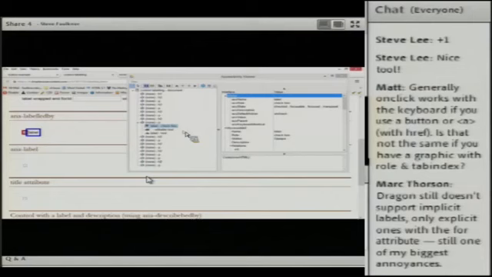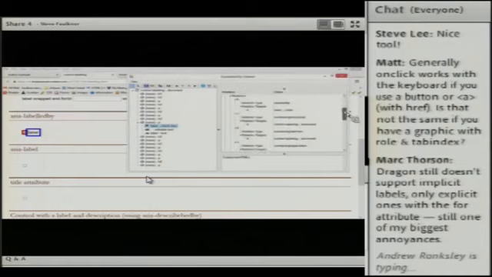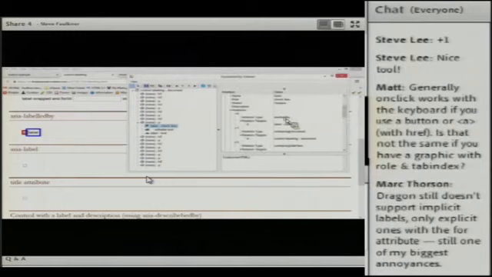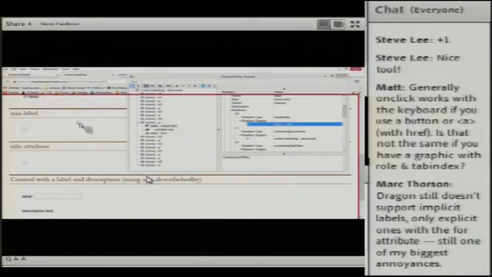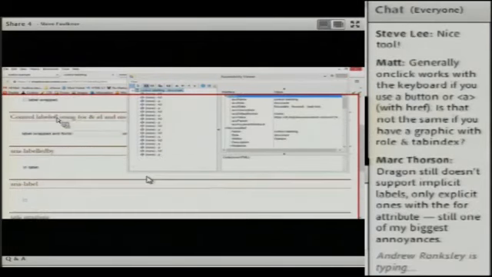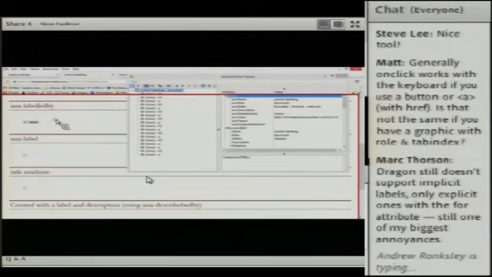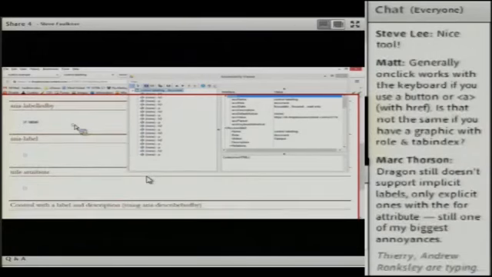What we see here, as I was showing you before, is that same label by relationship, and the label target is there. So ARIA labelledby is exactly the same relationship as the label element. It just has some different behaviors.